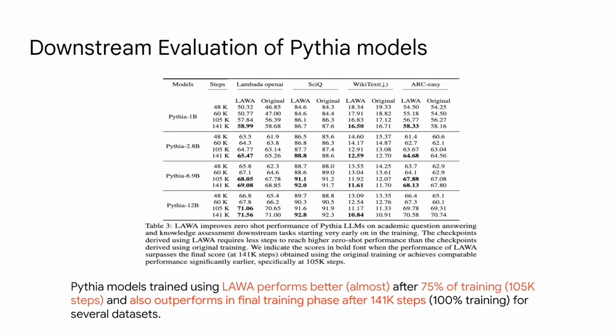For the larger size models, 6.9B and 12B, since the validation loss or the word perplexity there have converged, there are only small final gains. There are final gains, but compared to the small size models, 1B to 2.8B, there are fewer wins in terms of final accuracy. But at intermediate steps, you may observe that in many cases we have better results compared to the original training. So the core idea is you are not losing anything. With 1B and 2B, there is a clear distinction that we are winning with LAWA.